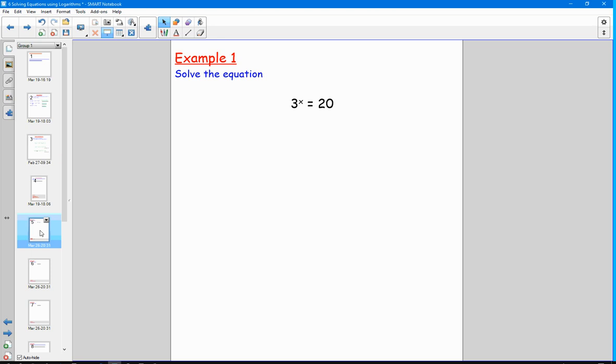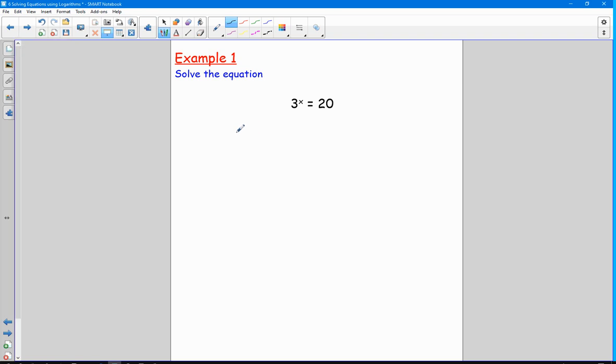So the kind of equations that we're going to solve are ones like this. 3 to the x equals 20. So what we're going to do is the same thing to both sides of the equation as we did lower down the school. So we're going to take log of both sides of the equation. So this could be the log of any base. It could be base 10, could be base 2, it doesn't matter as long as we do the log of both sides. On this left hand side, we're then going to use the power rule that we learned last time